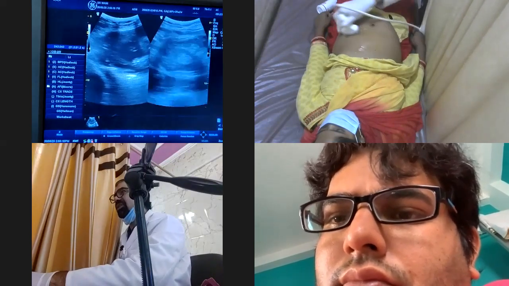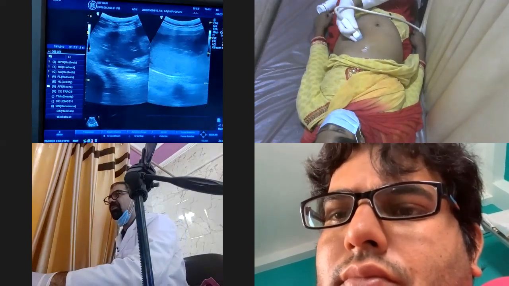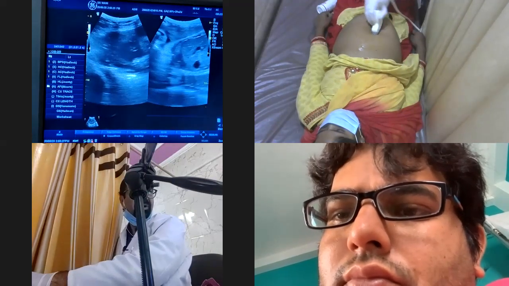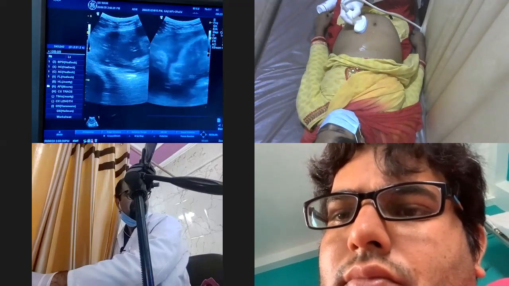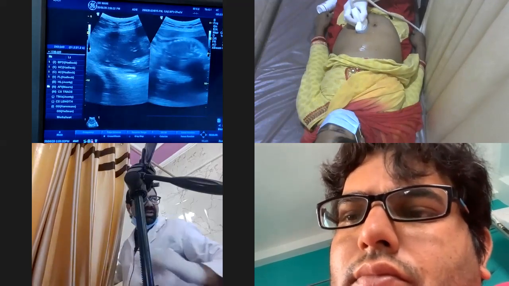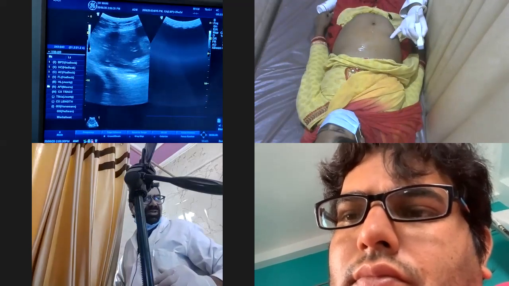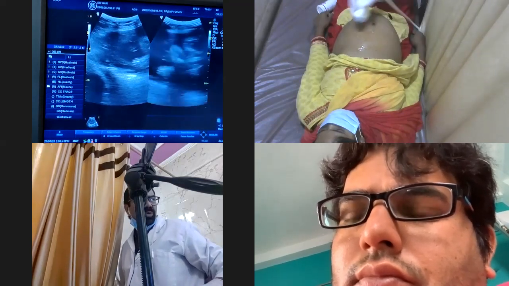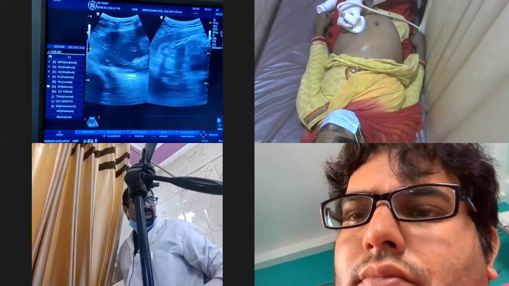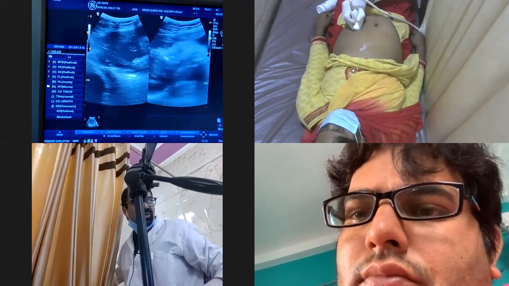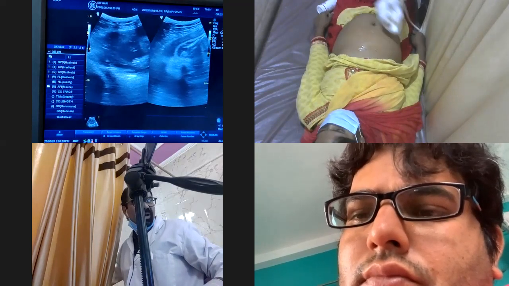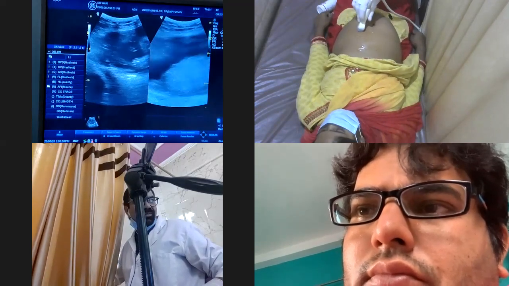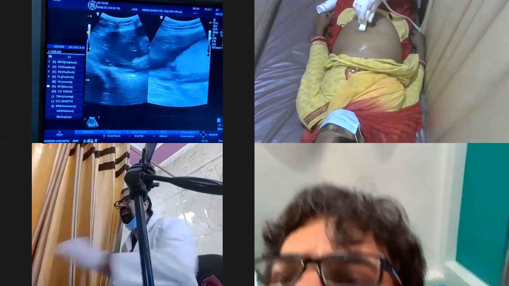But pay attention to the point which I'm about to tell you: keep your probe perpendicular. Because if you dip the probe from here, you think you are here, but actually you are sending the beam to this pocket. So you may be cheated by this pocket when scanning from this point. You may think that the amniotic fluid is over here, but actually you are tilting the probe and sending the beam to this pocket. So keep your probe as perpendicular as possible when you are taking these pockets.